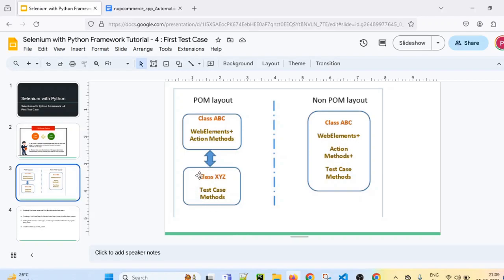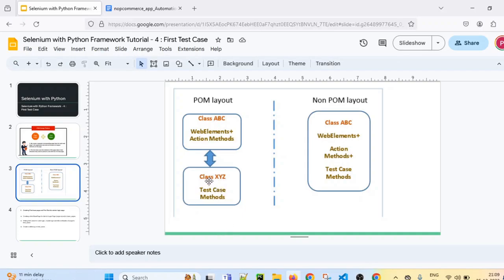From this test class, we will create an object of class ABC, that is the object of the base page. So if I am going to write the login test cases in class XYZ, I will create an object of class ABC, and by using that object, I will call action methods from class ABC.